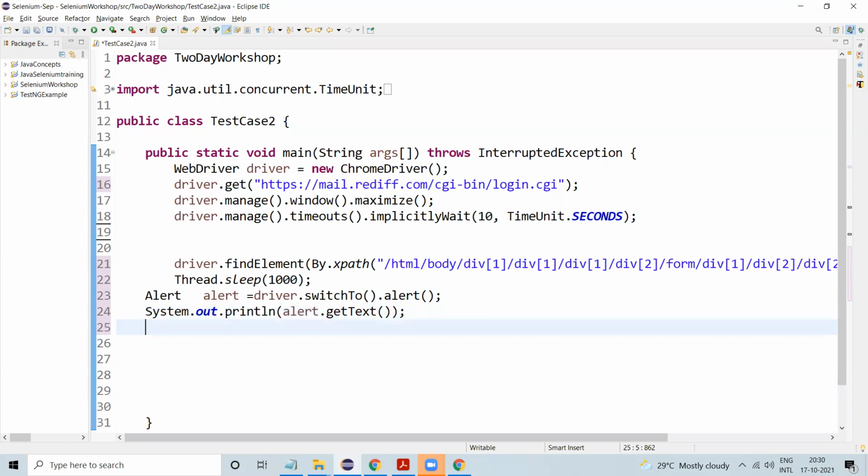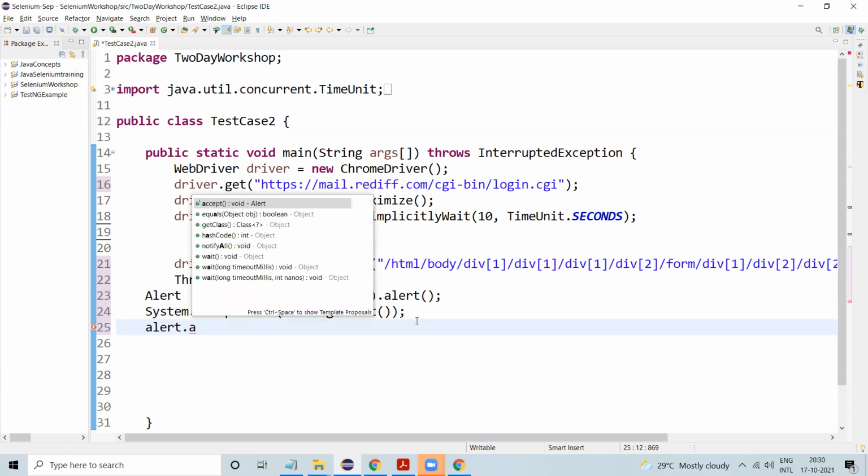After getting that, then I can close the alert with alert dot accept. Suppose in an alert window, sometimes you can see a cancel button and an OK button, right? If you want to click OK, then you go with accept. If you want to click cancel, then you go with dismiss.